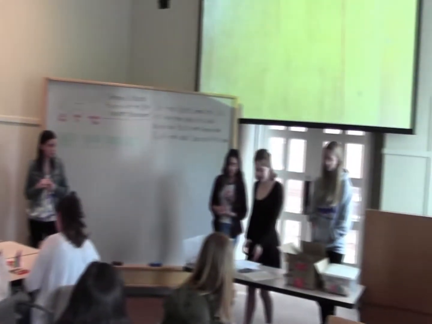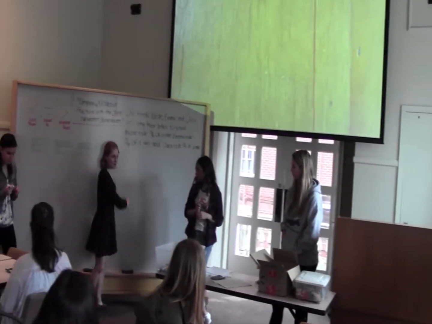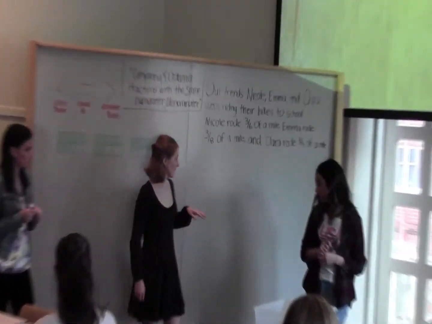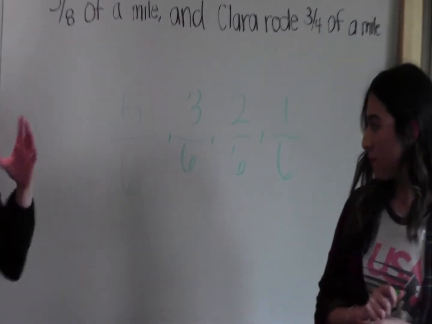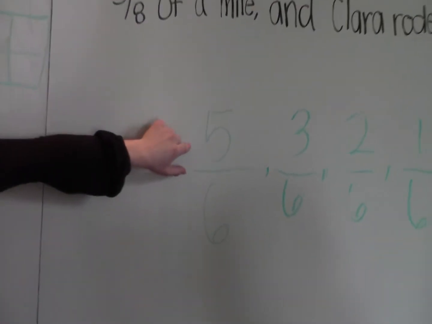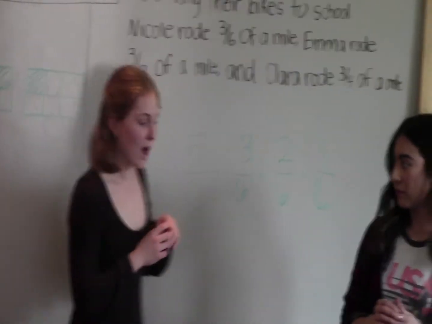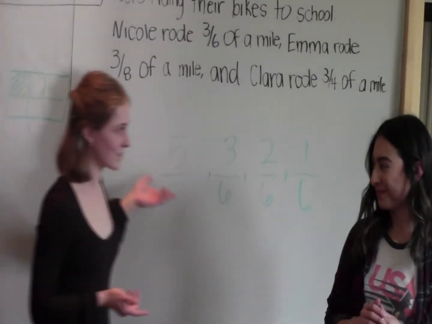So I was noticing that you all were saying that the denominators of the fractions are the same, and what we were talking about is that this is the number of pieces within the whole that you could have had, but the numerator is the number of pieces that actually each person had. So I was wondering if you all,